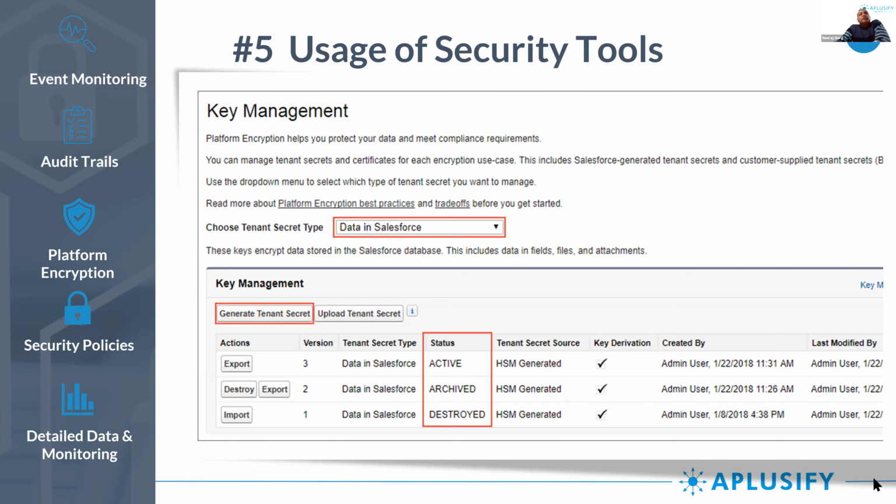Then it also provides you encryption. Suppose in the Salesforce database you are storing user information like first name, last name, date of birth, phone number, and address. Now, they just lie as plain text in a database, and if someone gets access to it, they can get that information very easily.